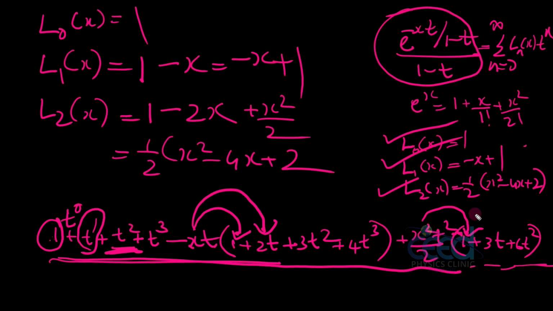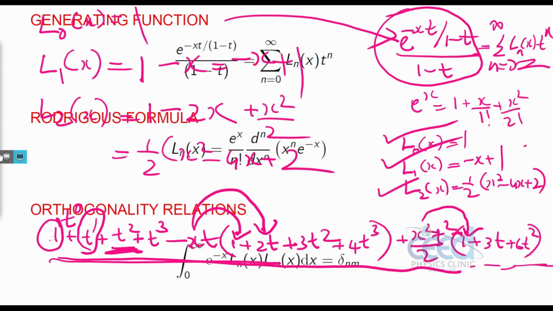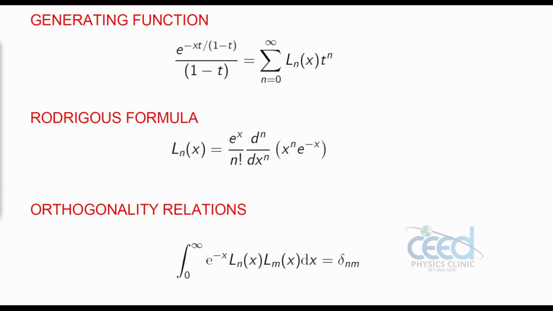So it is clear that when I am expanding this particular exponential function, I am getting the Laguerre polynomials. That's why this is called our generating function. The series expansion of this kind of exponential function leads to its nth term representing a Laguerre polynomial. So that's why we can call it the Laguerre polynomial. Now let us go to the main board. Here you can see the generating function that we have verified.